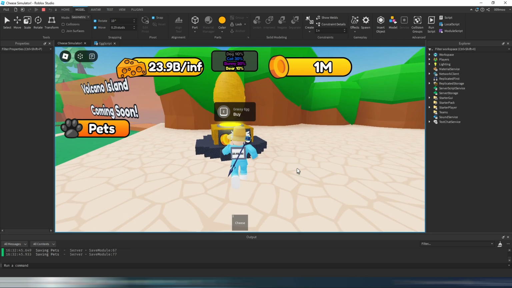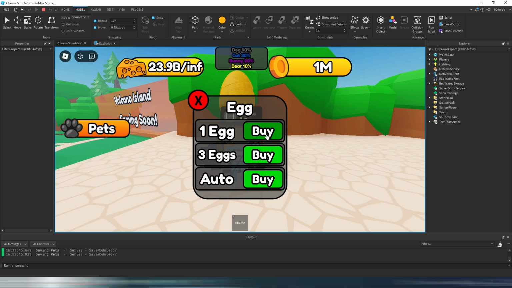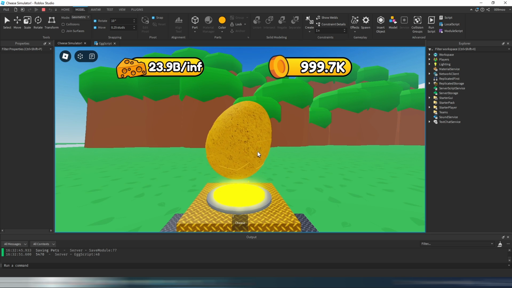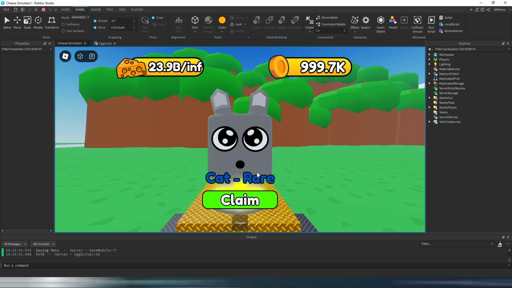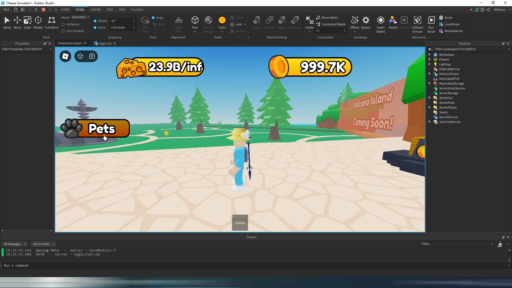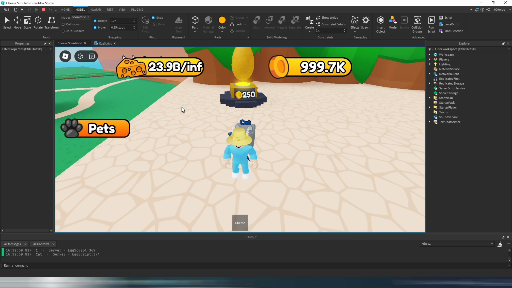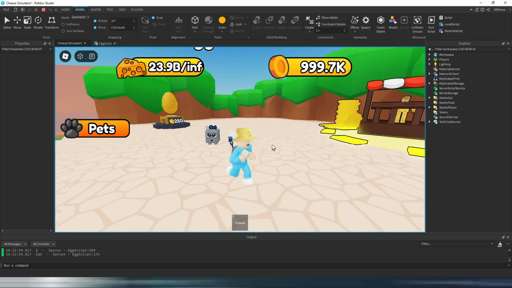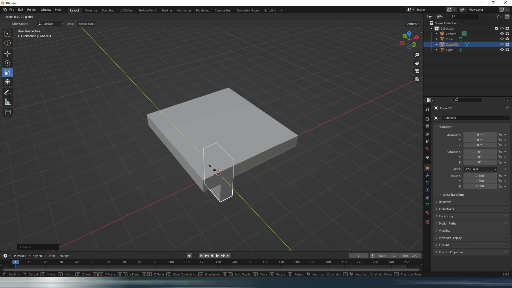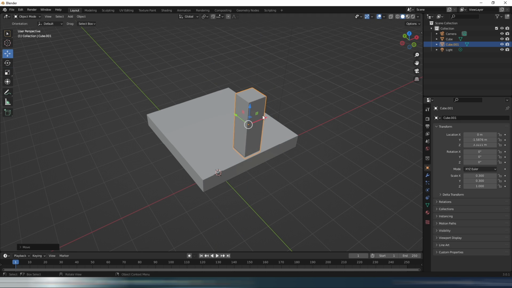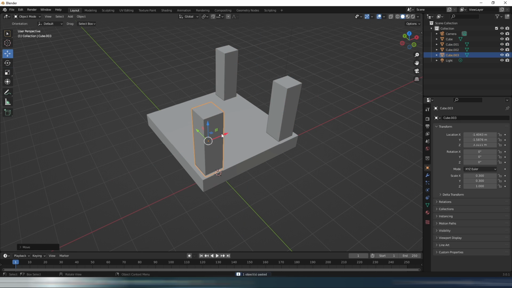So when we go over here, we can open the menu, let's buy an egg, and it should work, yep. We got a cat, nice. So if we can equip it, that would be great. Yeah, nice, it's following us around now. Lovely jubbly. I then hopped onto Blender to improve all the models for the game, including the eggs, the shop